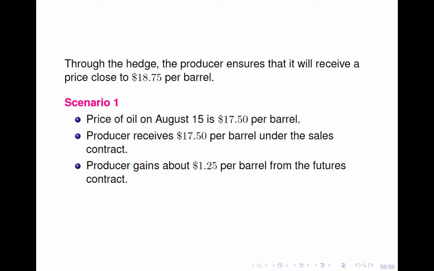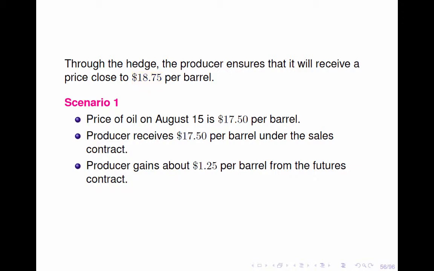Let's say it is $17.5 per barrel. Then, the oil producer will receive $17.5 per barrel under the sales contract. And in addition to that, he would also gain about $1.25 per barrel from the futures contract. Therefore, his overall gain will be 17.5 plus 1.25, that is